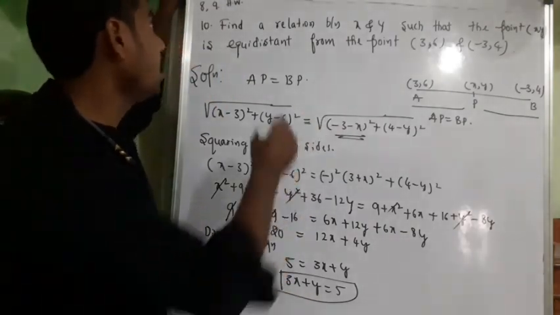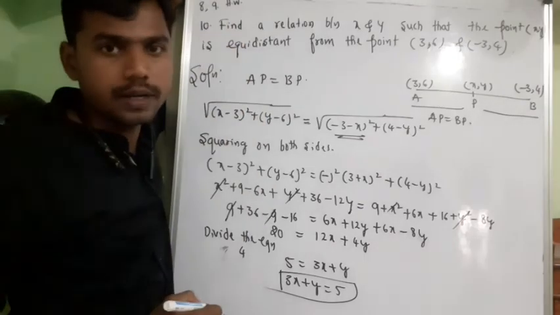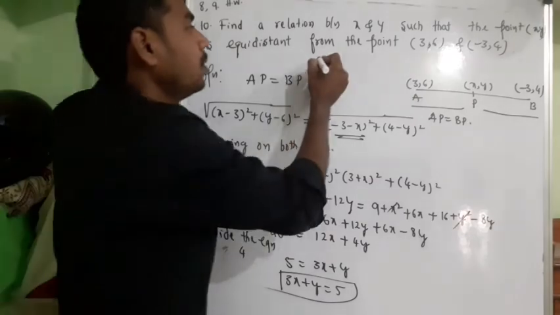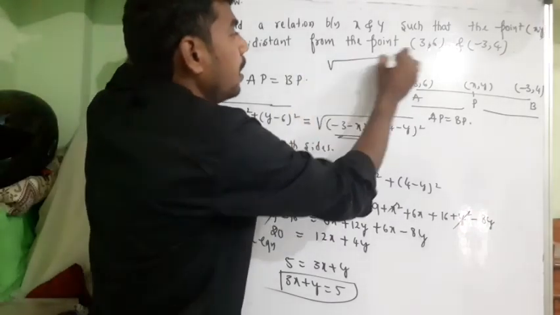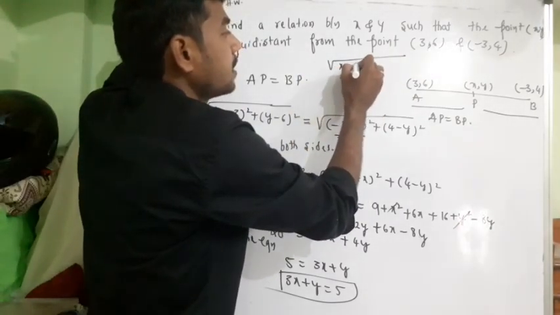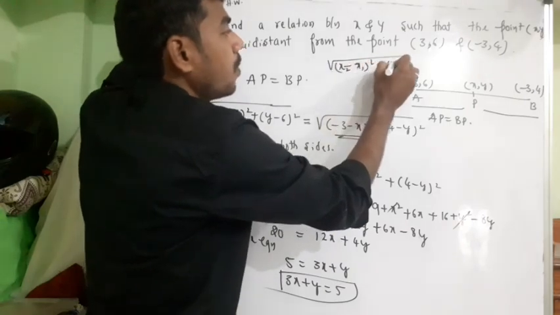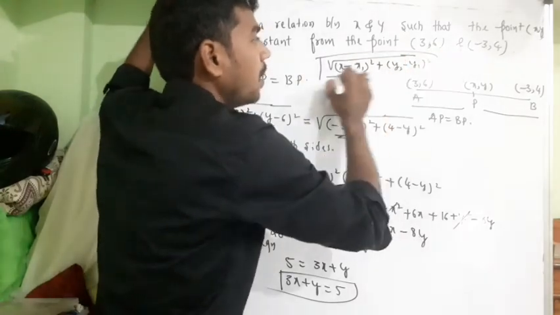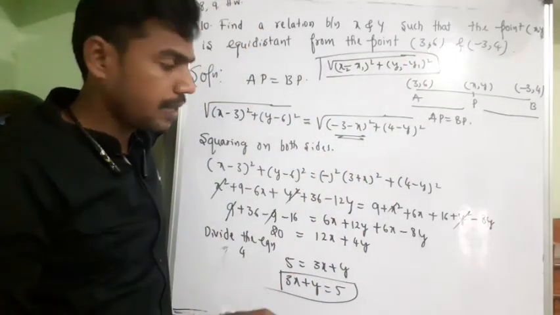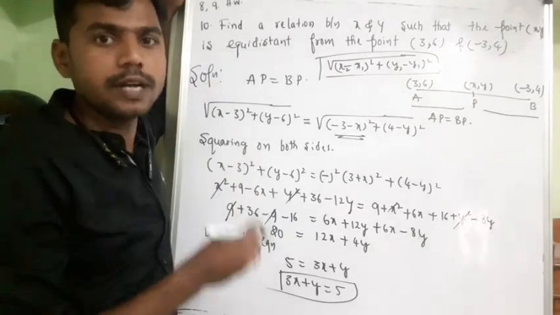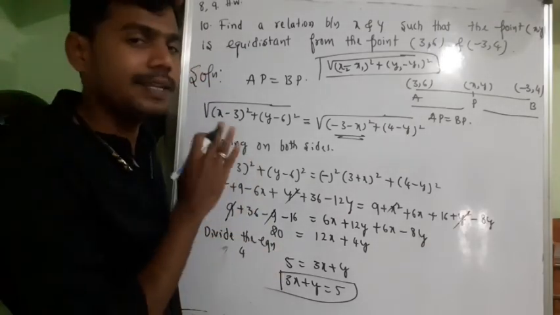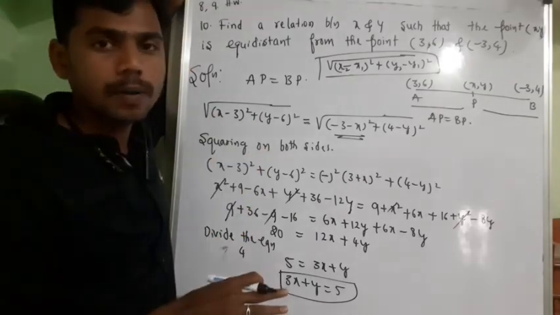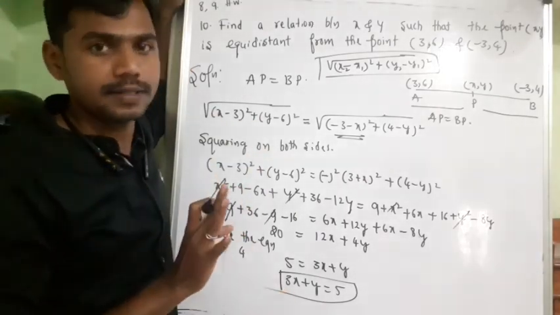Please note this down, and 8th and 9th will be your homework. If you have any difficulty, please try to contact me. And we only use the formula, that is the distance formula: square root of (x2 minus x1) whole square plus (y2 minus y1) whole square. If you are able to apply this formula, then the entire thing will be based on your basics. If you are good at the basics, you can easily solve the problem. If you are struggling, you need to practice.